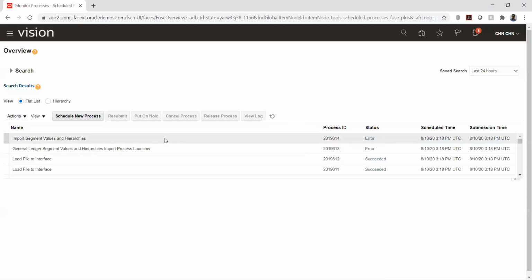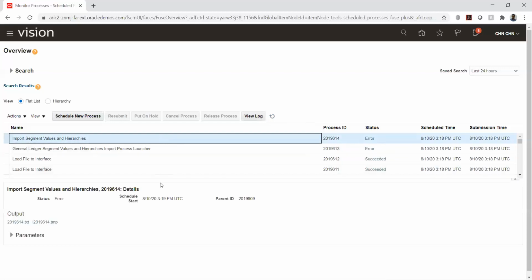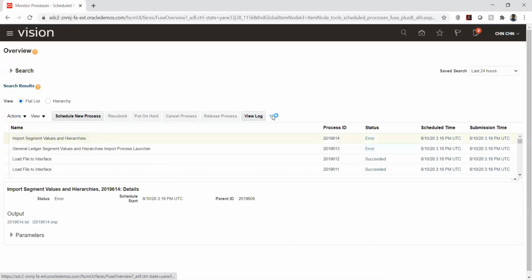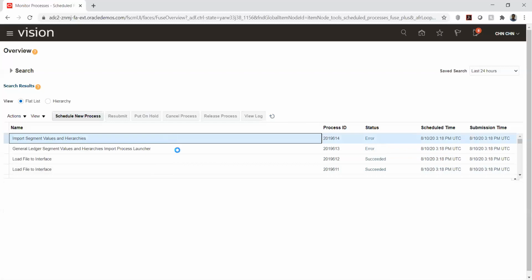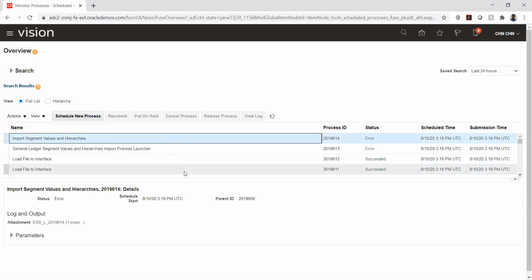So those should be raised as a ticket and resolved from Oracle itself. Maybe in future, if there is no functional consultant in the company, otherwise the operations team can support these kinds of actions.